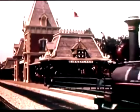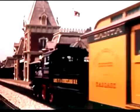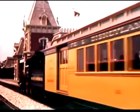We have what we call the Holiday Green, Holiday Blue, Holiday Red. All of those are identified by the striped canvas tops that they have on. And then we have the excursion train, which actually represents an old excursion type train used in the South many